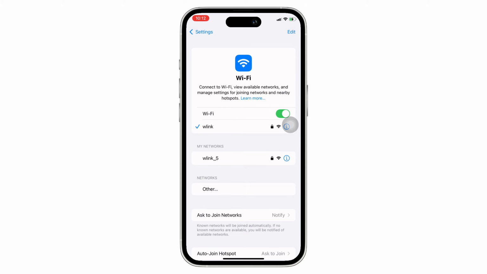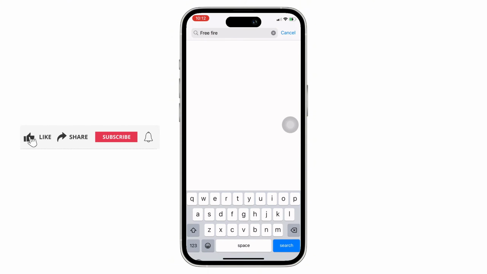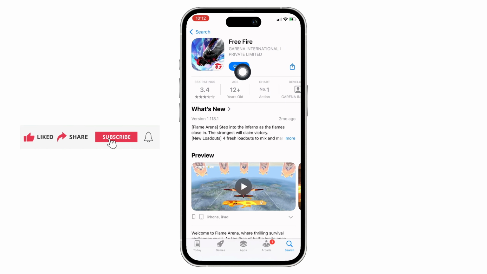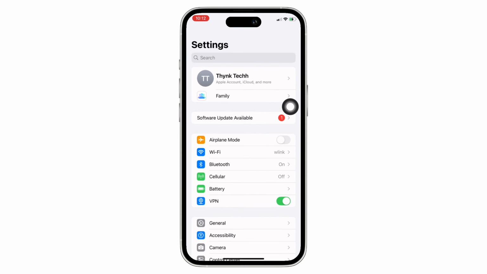Next, go ahead and open App Store on your device and tap on the search bar and search for Free Fire and make sure the Free Fire application is updated to its latest version for the app to perform smoothly. See if that helps in fixing your issue, and if not, then go ahead and launch the settings application on